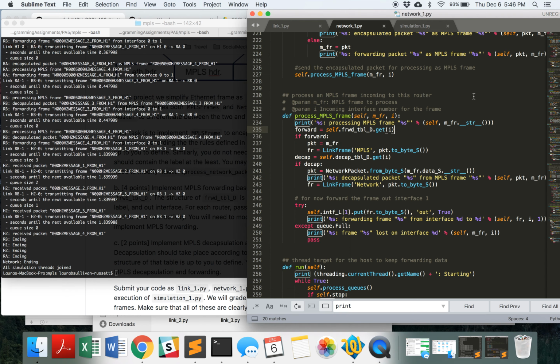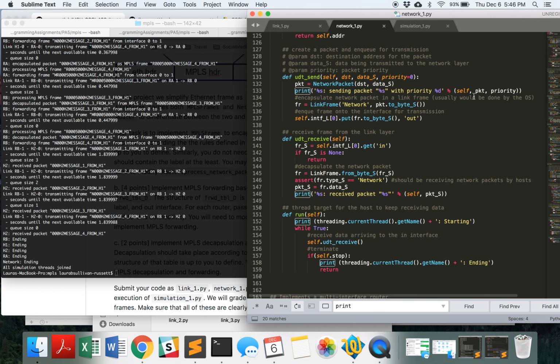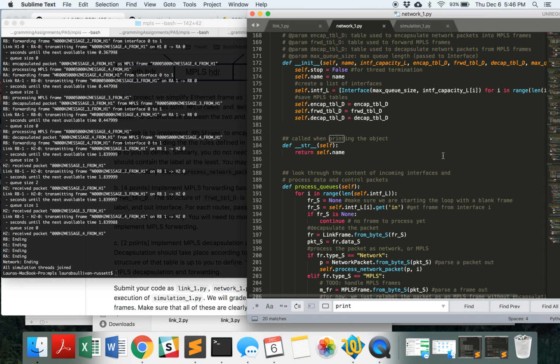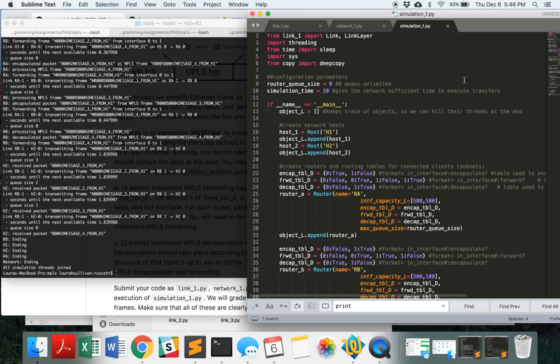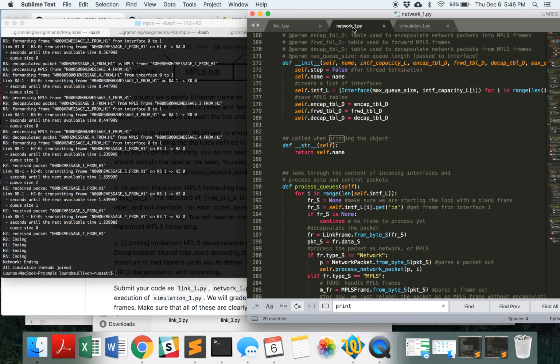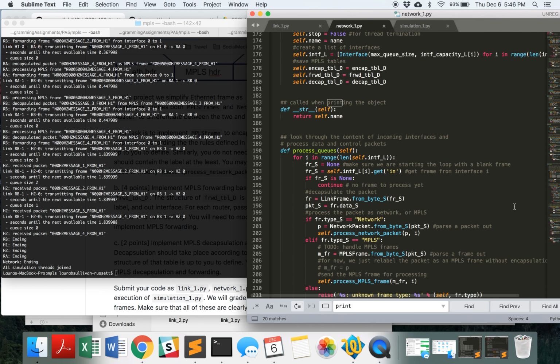So for the code, first we implemented our encapsulation tables and forwarding and decapsulation tables in our simulation.py. And what we did was we used the in interface and then a true or false for whether or not it was going to be encapsulated, forwarded, or decapsulated. And so in network, when we go to process queues,